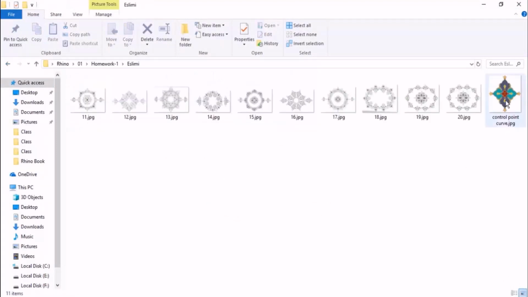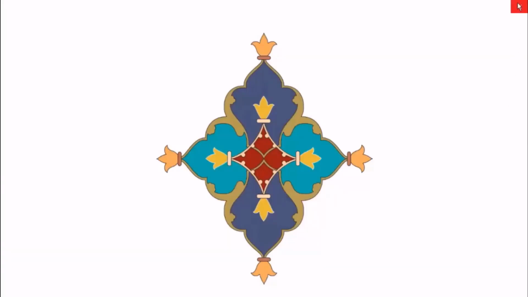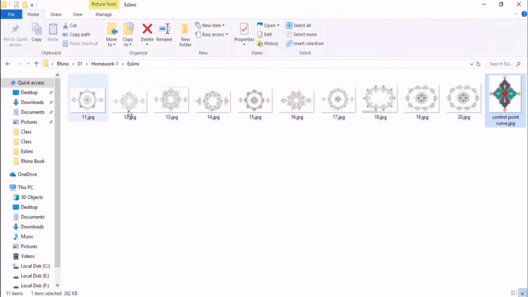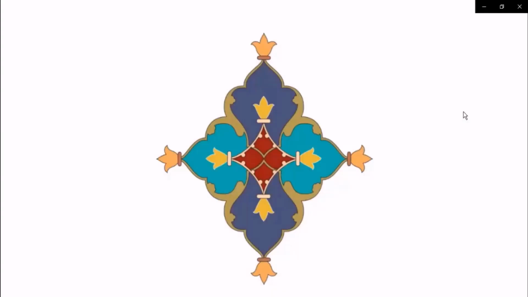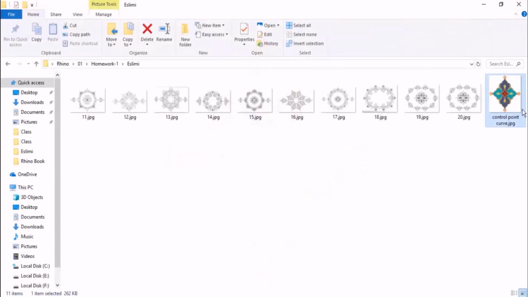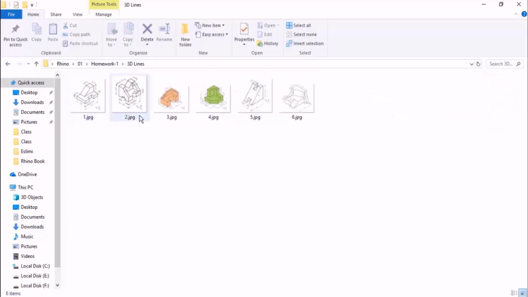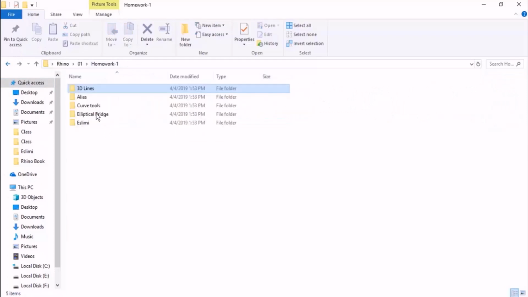But I have skipped something. Let me tell you that in slimy patterns, this is regarded as your homework too. You should choose one of the uncolored patterns and also the control point curve which is selected. So here there are two files that you should sketch, and it is simpler than the other one. As I mentioned, control point curve, I want you to sketch this by using control point curve. Since you were required to know how to work with the control point curves, I have assigned this for you for developing the skills in